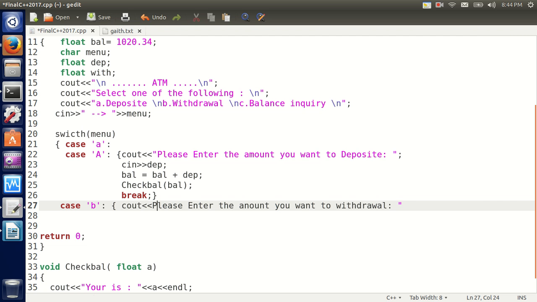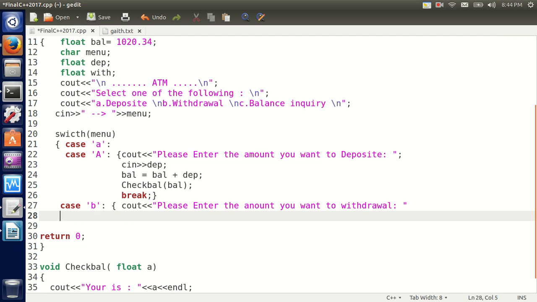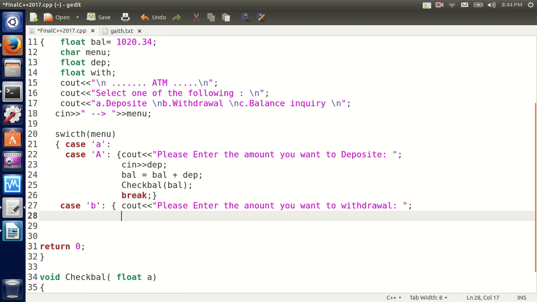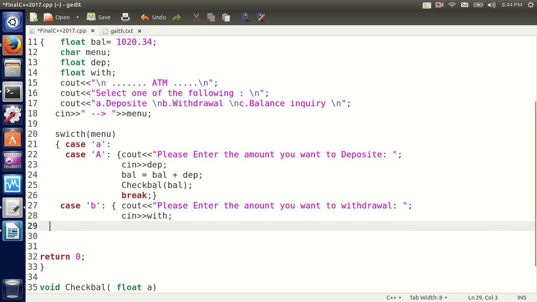I already declared it above, so the user is allowed to input a value. Now I'll do that using cin with, and